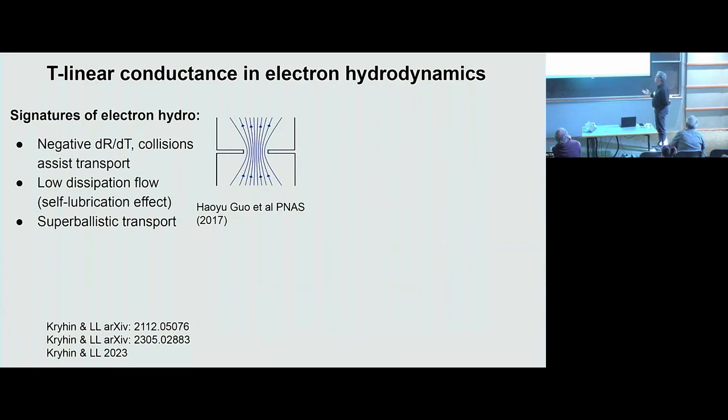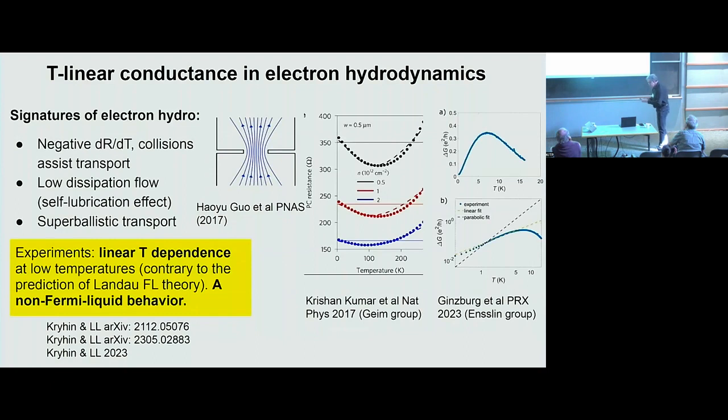And so in 2017, together with Hao Yu, who is attending this meeting, we identified constriction as a good geometry and proposed to do this measurement, and the experiment followed right away. And they indeed saw that if you take a constriction and measure resistance through it, there is a negative temperature dependence of resistivity. Resistivity drops as you increase temperature